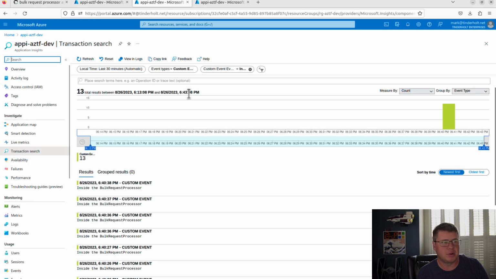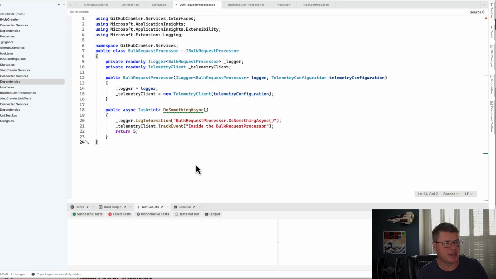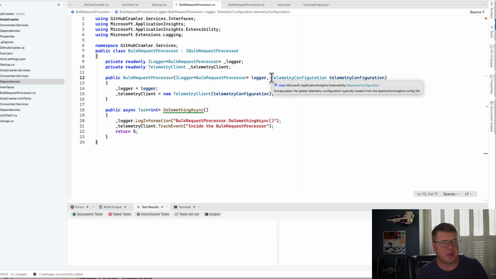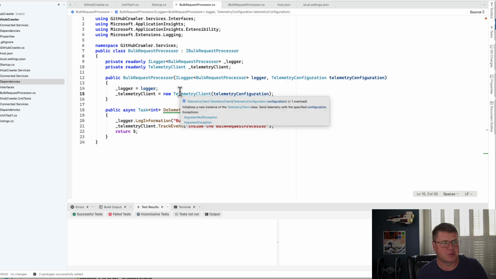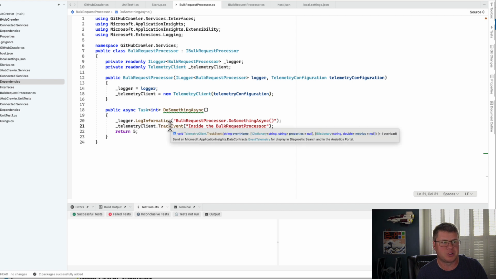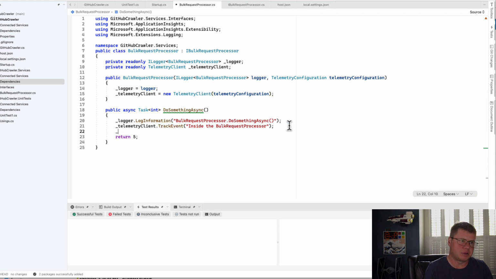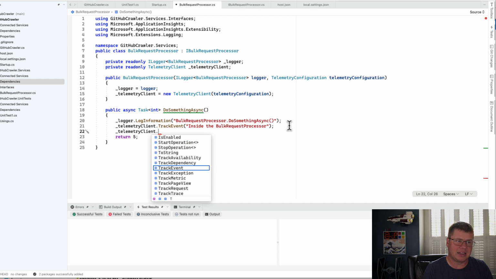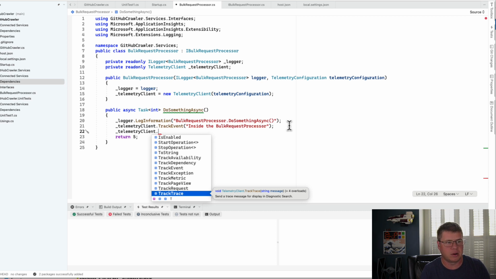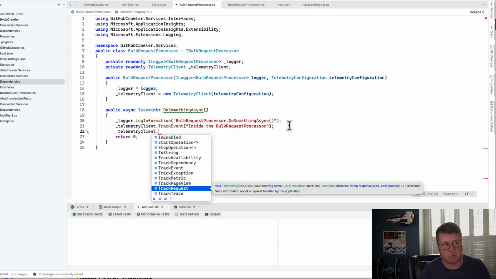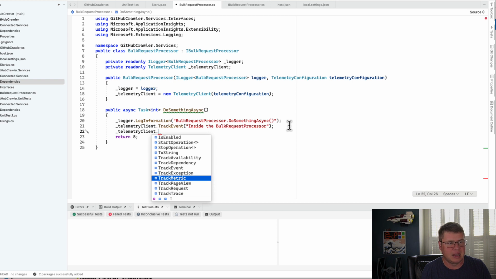But again, you can see how clean of an implementation this is simply by injecting the telemetry configuration into any class that you have within your solution. You can construct a telemetry client and then start using track event. You can also start using any of the native App Insights capabilities. Of course, trace is automatically used by our ILogger interface, and requests are picked up automatically. But if you want to log custom metrics,